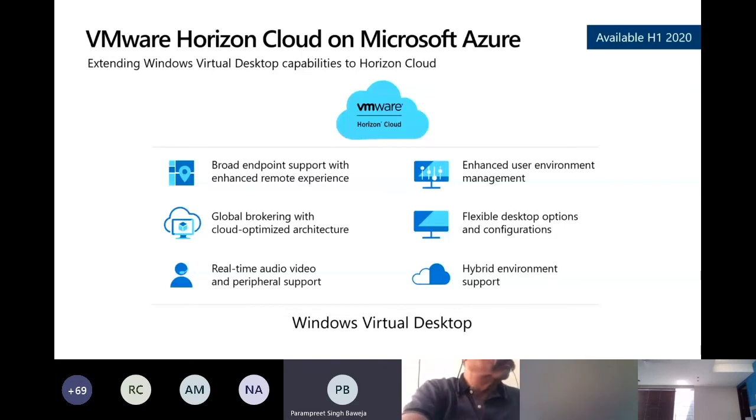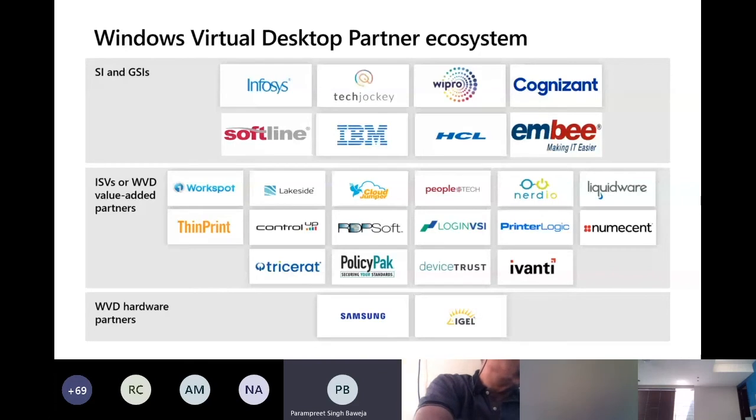Going forward, while we have built WVD as a finished service, we recognize the need for specialized and managed solutions. So Microsoft has fostered a robust ecosystem of system integrator partners. You can see the name of Techjockey over there, who is one of our preferred partners for WVD implementations.